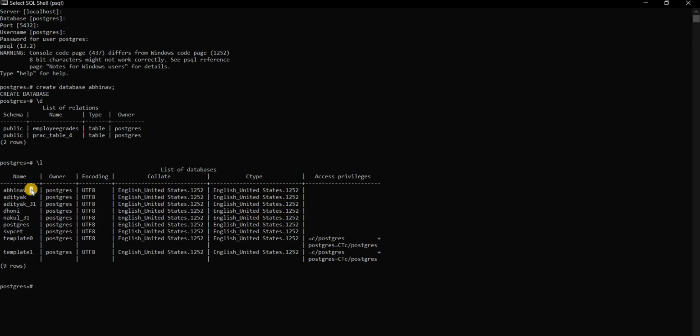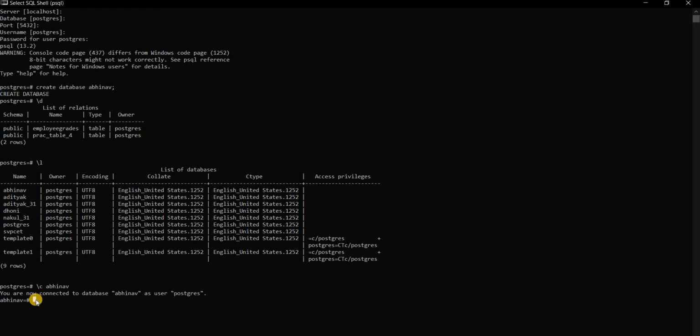Now I am creating just Avino, and I am changing the database to Avino. With the help of this syntax \c, we can change the database. Previously we had Postgres, now we have Avino.